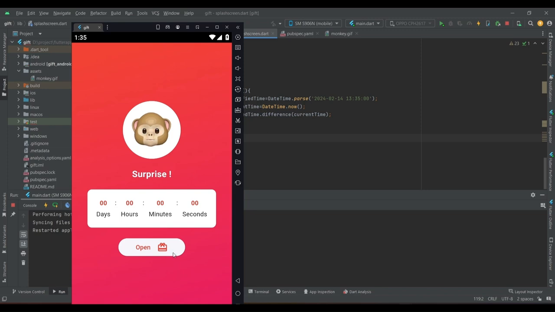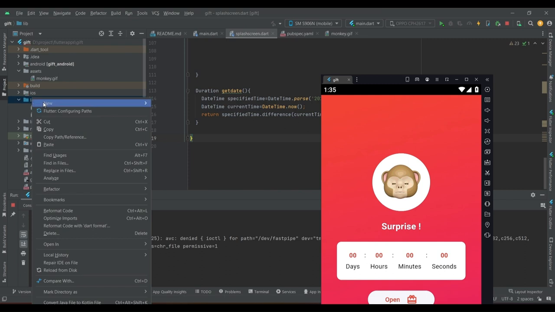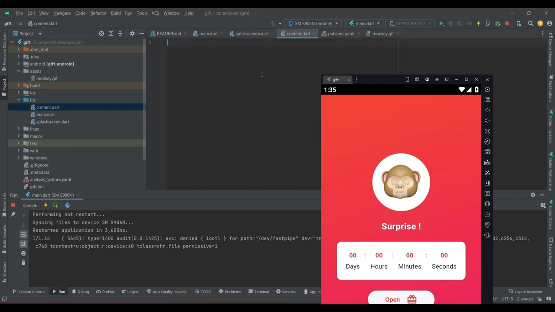So when we click open, it should go to the next page. So let's create some other page over here called file name content.dart, and here let's import